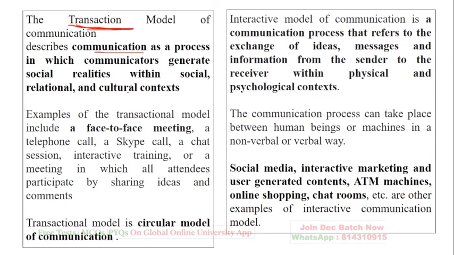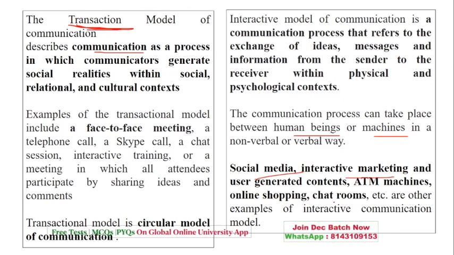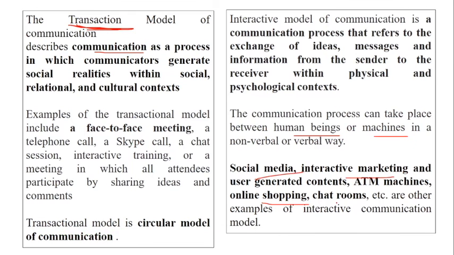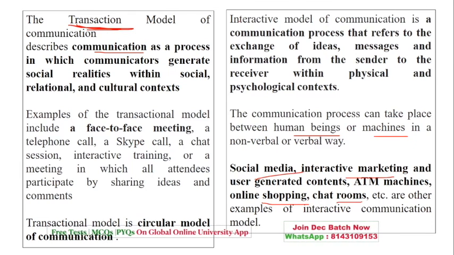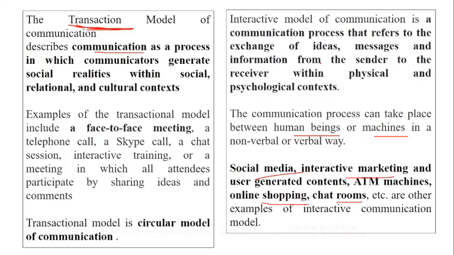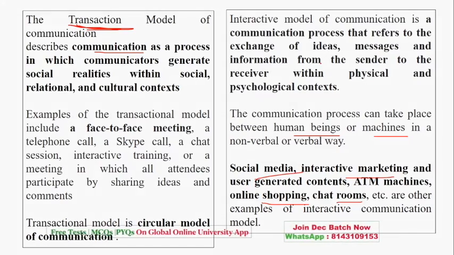When I'm talking about the interactive model, it is basically the exchange of ideas, messages, and information within physical and psychological contexts. The communication process can take place either between human beings or machines. Social media, interactive marketing, ATMs, online shopping, and chat rooms are examples of the interactive model, where you interact, so it can be in the form of